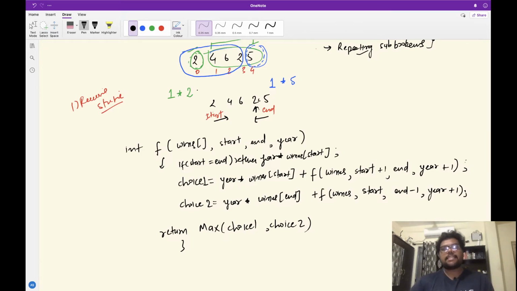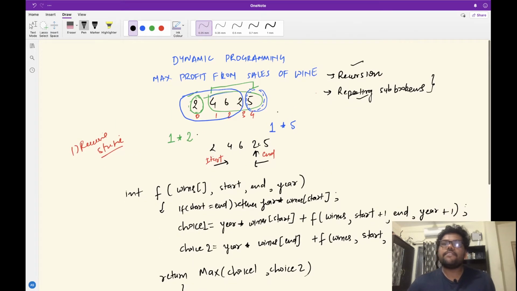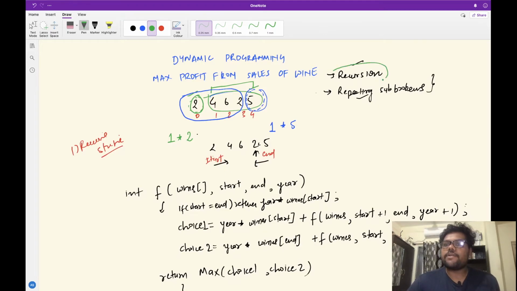So this is the skeleton of the recursive method that we'll be writing, and this will actually give us the answer to this question. So we have seen that this is following a recursive structure, and we have formed the pseudocode of our recursive method that yeah, this will give me the answer.